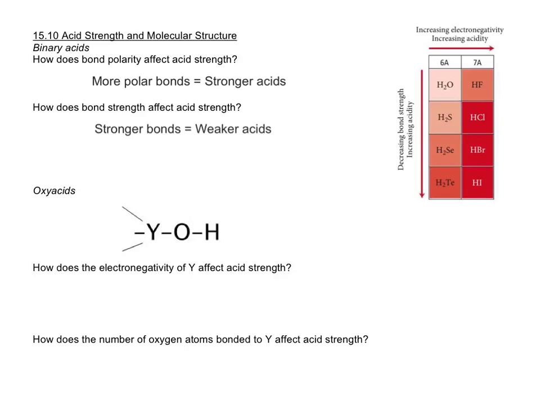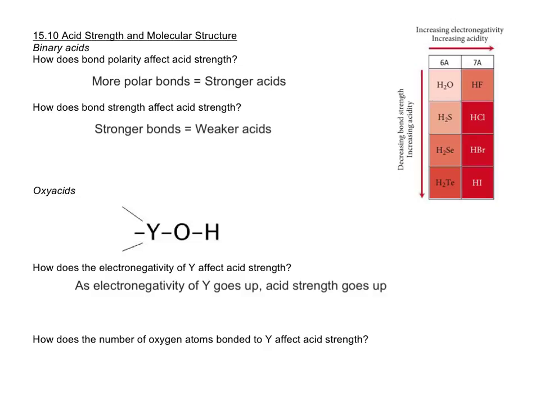Okay, so maybe that will help you remember which of the binary acids are strong and which ones are weak, maybe. Okay, and then the second thing we're going to talk about are oxy acids. So oxy acids are acids where you have a hydrogen that's bonded to an oxygen atom, as it sounds, and the oxygen atom is also bonded to another atom. And in this case, we're calling that other atom Y. And what Y looks like has a big impact on how easily that hydrogen is donated and how strong that acid is. So as the electronegativity of Y increases,